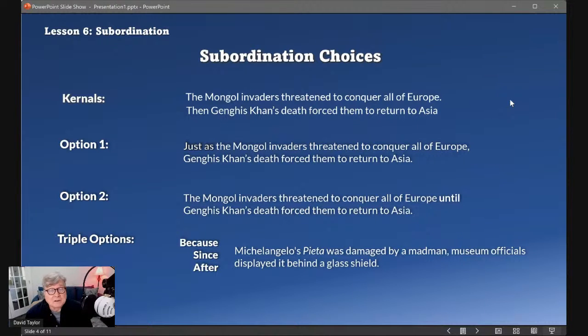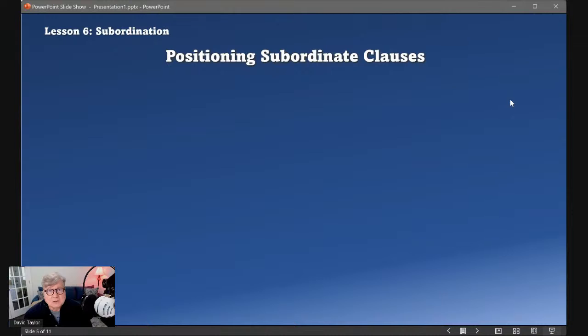Options. That's what it's all about, giving you options so that you have a better chance of clarifying and expressing what it is you really want to say and making other things subordinate or less to it. Let's take a look now at how positioning subordinate clauses helps us in this mission to emphasize what we want to emphasize, and only that, so that we can keep the reader's focus on what is important for us to keep the reader's focus on.